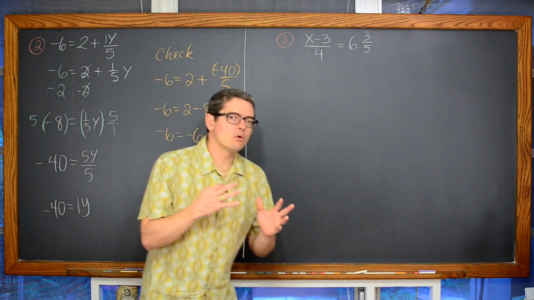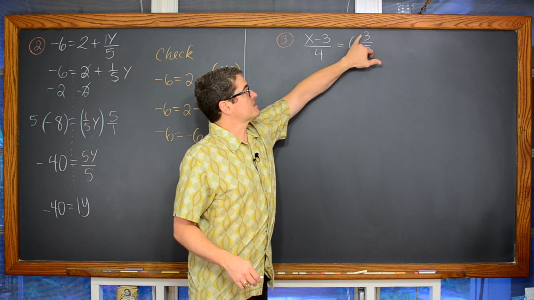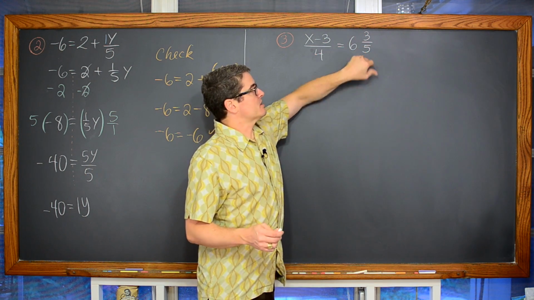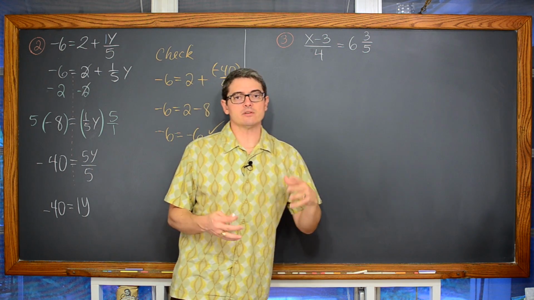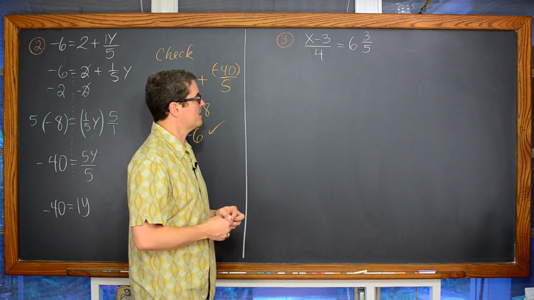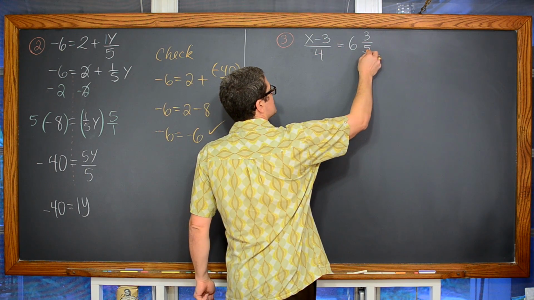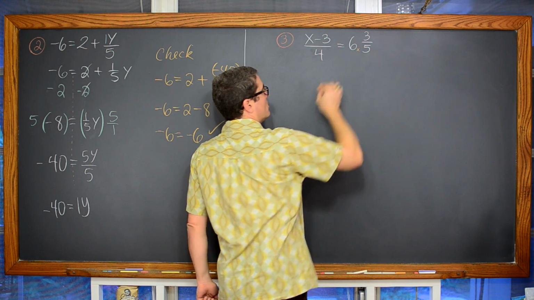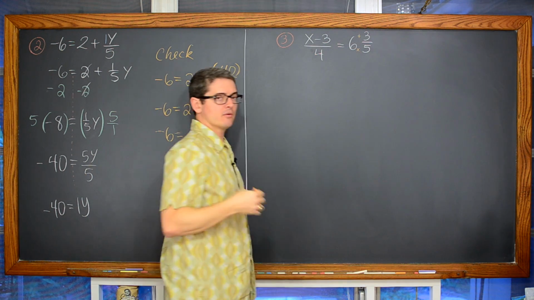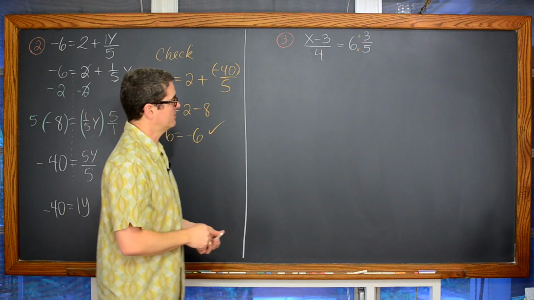It is a horrible idea, as far as I'm concerned, to work with a mixed fraction. It's nice to see 6 and 3/5. That's 6 and some change, some value between the whole number 6 and the whole number 7. So I like mixed fractions as a final answer, but to work with them is not very pleasant. So we're going to want to convert this mixed fraction into an improper fraction by taking our denominator and multiplying it by the whole number part of our mixed fraction, and then add in that numerator, which is really a remainder from the division of some number divided by 5.